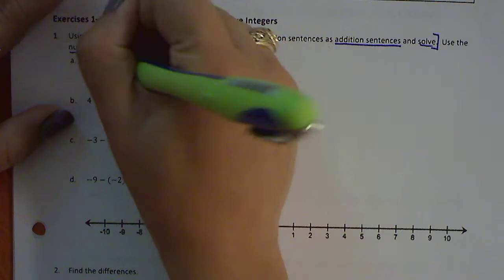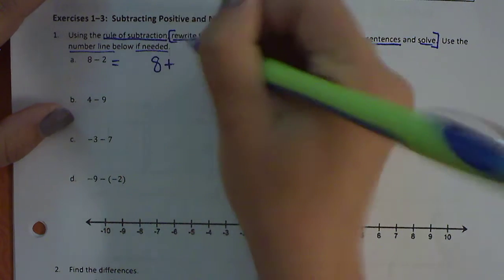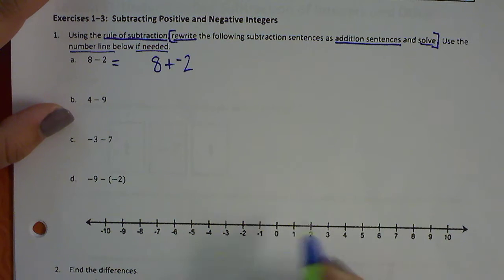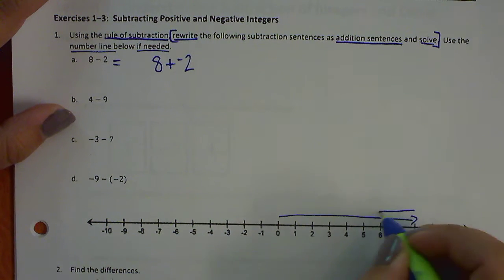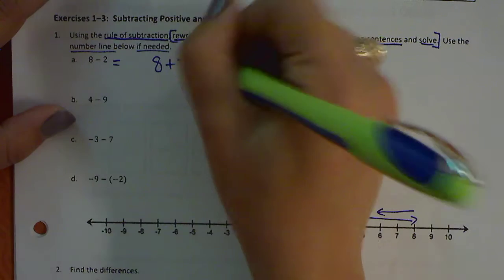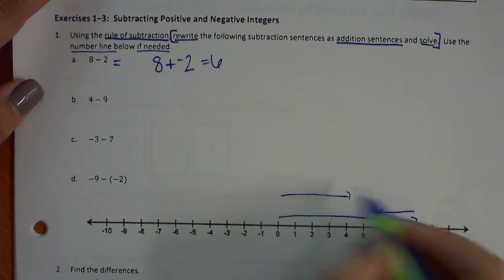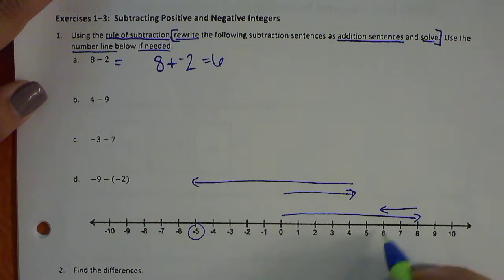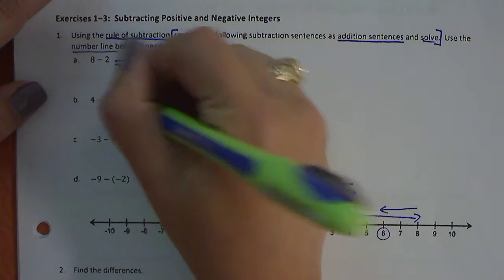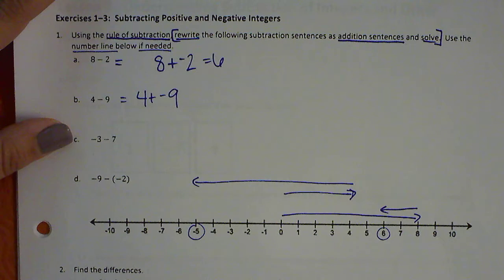So you should have written each of these as an addition sentence. 8 minus 2 is the same as 8 plus negative 2. You could have drawn that if you wanted. 8 plus negative 2 makes 6. 4 minus 9, make sure we're circling where we land. That's the same thing as 4 plus negative 9. Negative 3